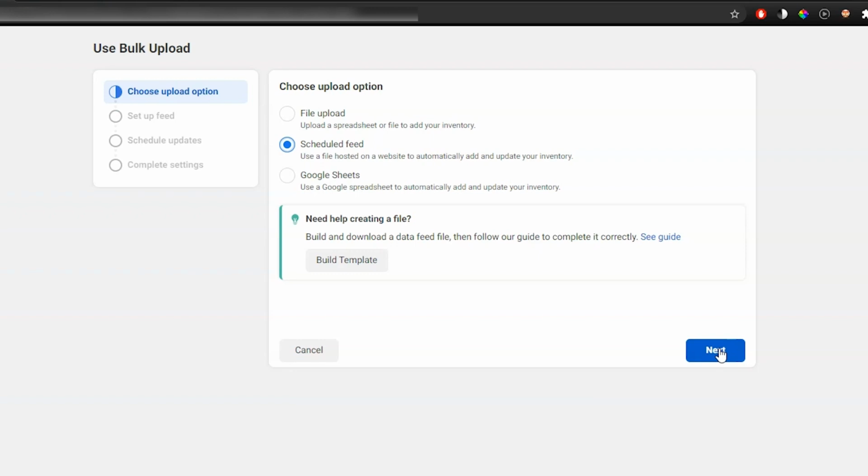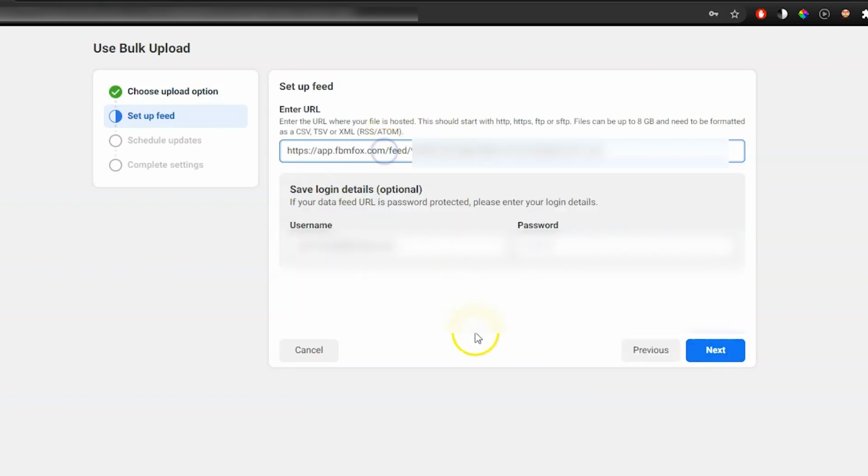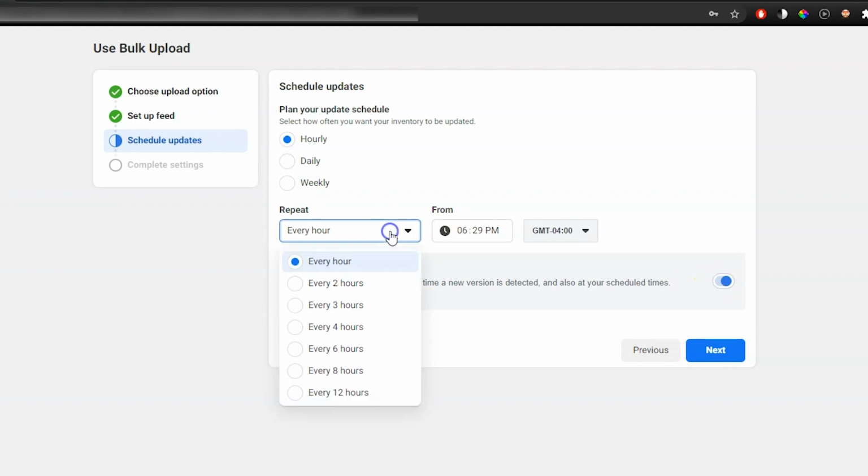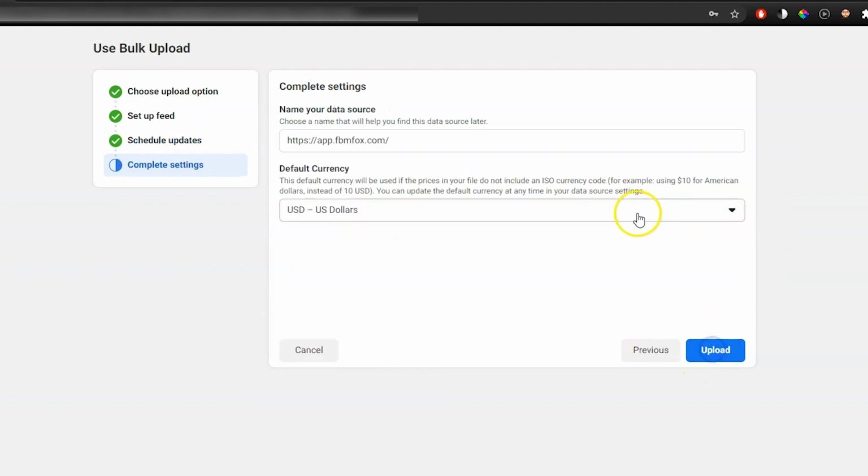So we're going to create a feed right now, and we'll click on Next, and we'll input the feed link and make sure there are no credentials. Click Next. All right, so my favorite part about the feed is you can actually select how often you want the feed to be pulled in to update your inventory and things of that nature. You can make it hourly. It's up to you. I prefer hourly, and just click Next.